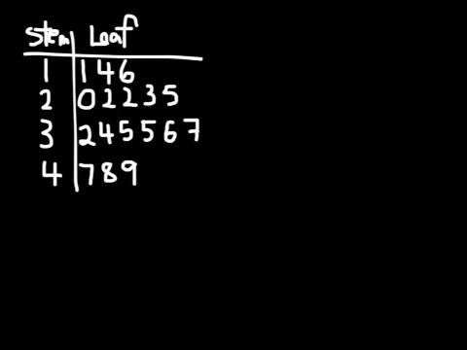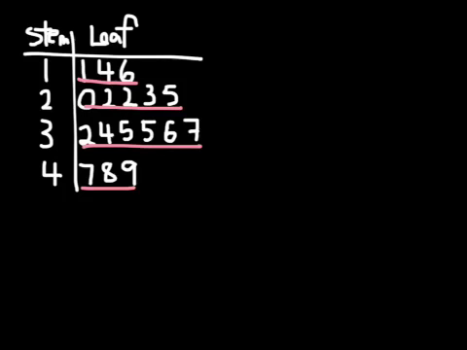Okay, so what I've got here is a stem and leaf plot. Now what's nice about a stem and leaf plot is because the leaves are already arranged in order, they already go ascending up, I don't need to worry about putting my data set in order. It's already done that for me. What I need to work out is, do I have an odd or an even data set? Now if I count all of my leaves, count all these up, then this will actually tell me how many